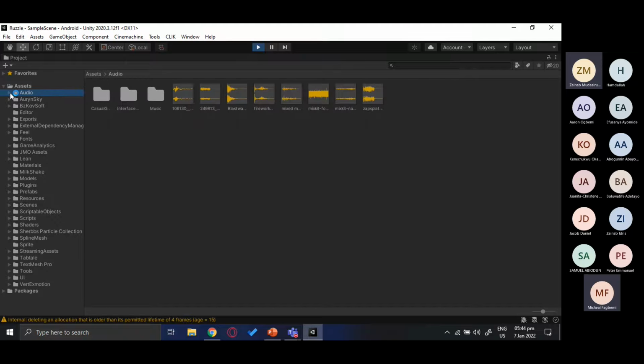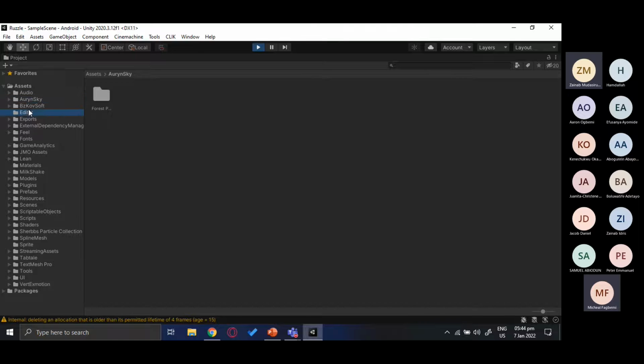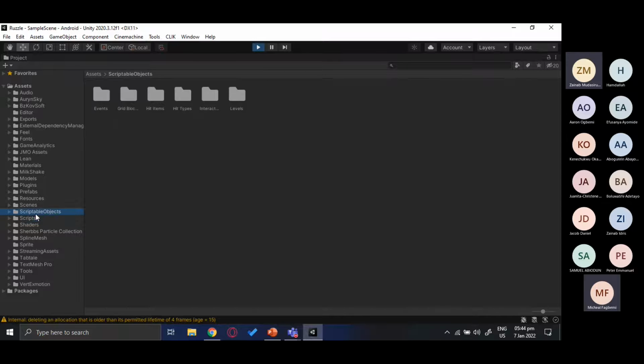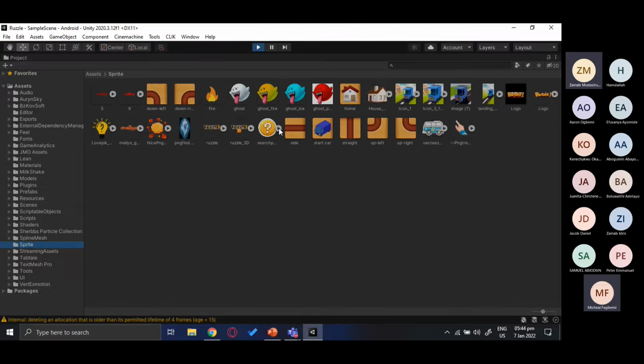You can also go here and click on audio. So we have audio here. We have an asset. We have the editor. We have our scripts here, which is where we store our scripts. We have our scriptable objects, we'll talk about that later. We have our scenes here. The scenes are just worlds, right? From what we said. We have our sprites, which are basically our 2D assets. In game dev, that's called a sprite. That is a lot to take in, but